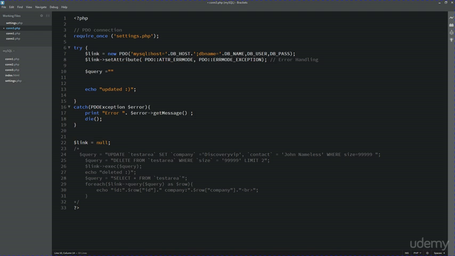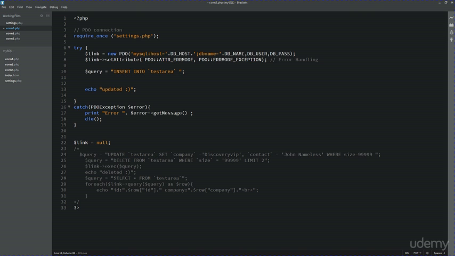So in this lesson, I want to walk you through how we can use prepared statements with PDO in order to make database inserts. So I'm going to use what we've used before, setting up a variable called query, and I'm going to insert into, and I'm just going to take this information here. So I'm going to show you how we can insert into our database